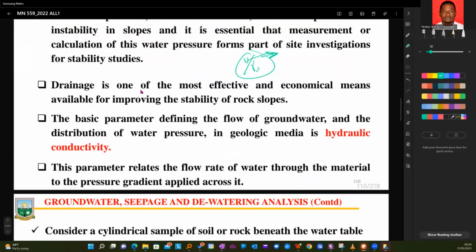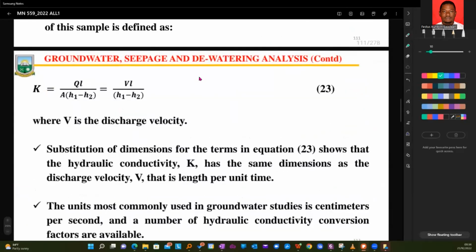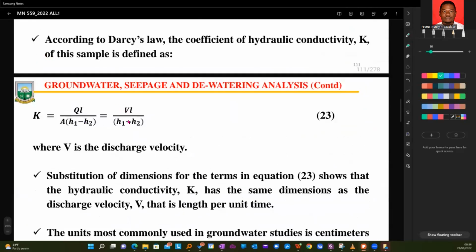Drainage is one of the most effective and economical means available for improving the stability of rocks. Sometimes we come up with holes. So we try to dig wells along the pits or around the pits and try to pump the water out, or we come up with sumps to pump the water out. And we can also determine the coefficient of permeability if we are using these wells, assuming I did two different wells